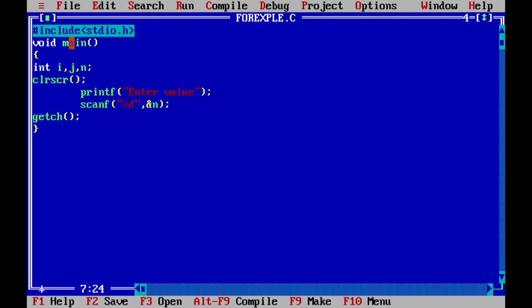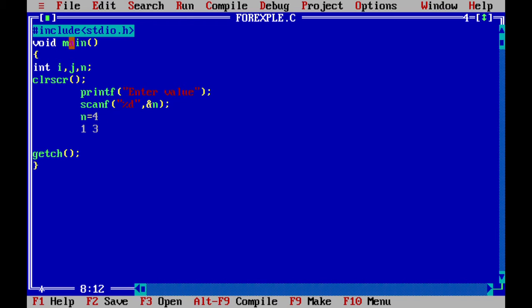In this lecture, we are going to see some more examples of the for loop. Suppose I want to print the odd numbers between 1 to n, that also without using the mod operator. It means suppose the user enters 4, that is n is equal to 4, then the output of this program will be 1, 3. This is the output of our program because between 1 to 4 there are only two odd numbers, that is 1 and 3.